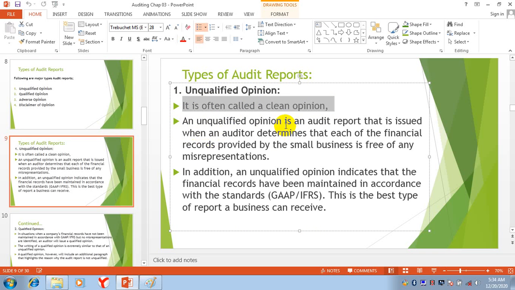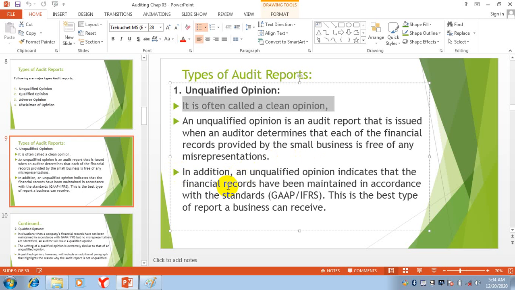An unqualified opinion is an audit report that is issued when the auditor determines that each of the financial records provided by a small business is free of any misrepresentations. Means that there is no error and no fraud in the financial statements of the company.